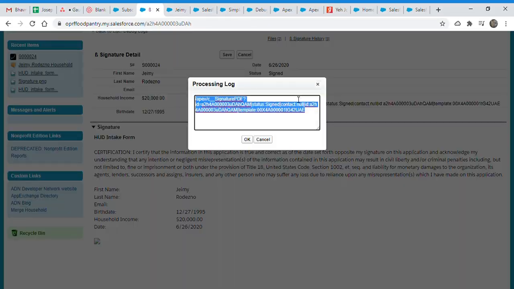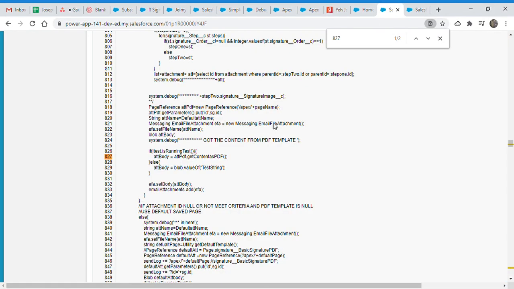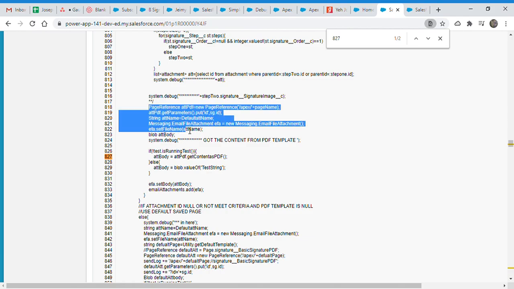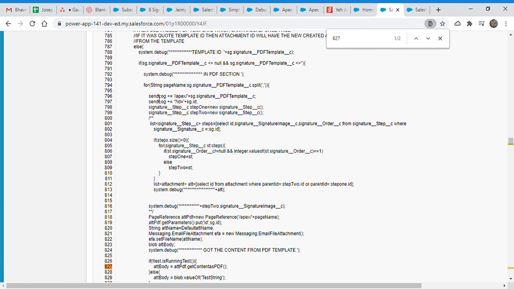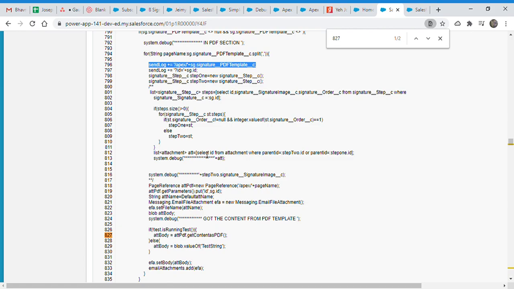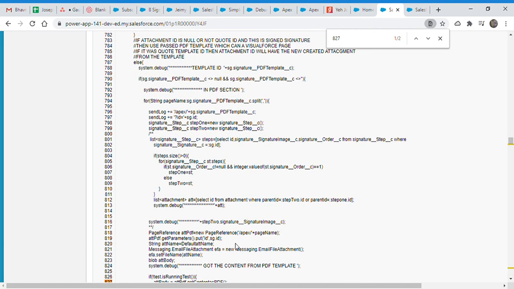Here you see, this is from there. So that means we have the page here. You see, this is at line 796. We put the same thing here in the log, and then with the page name we try to create the PDF here.